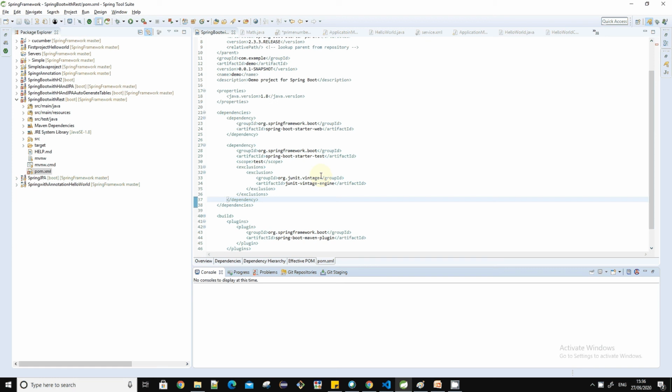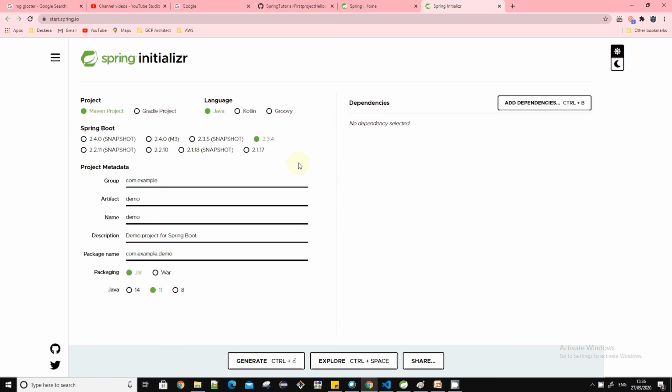Today we are gonna see the first Spring Boot application. So we'll try to create it in 5 to 10 minutes, so you will get comfort that how we can create the Spring Boot application very easily. So while creating a Spring Boot application, first step is to go to the Spring Initializer that is nowadays available.